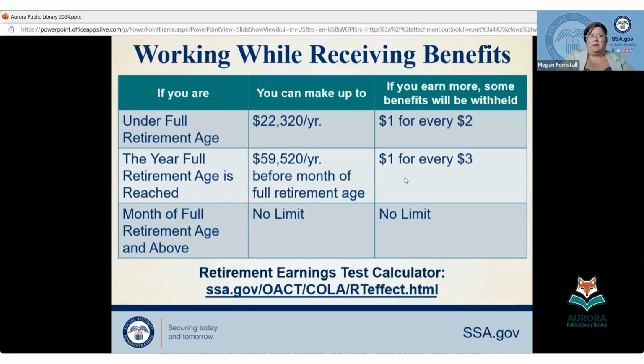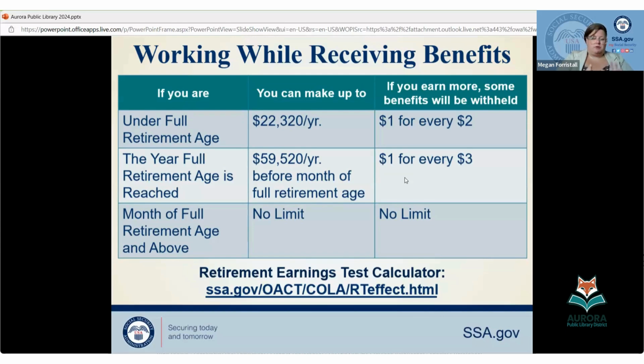So let's say that you turned 62 in July. The first full month you're 62 is the first month you're eligible. So that was August. You filed with August and you're 62, and you told us you're making exactly $8,000 over that earnings limit, just to make this easy. So you're making $30,320. We've excluded the 22,320, so the remaining is 8,000. We're looking at half of that because we hold $1 for every two. So you're then $4,000 over our earnings limit.